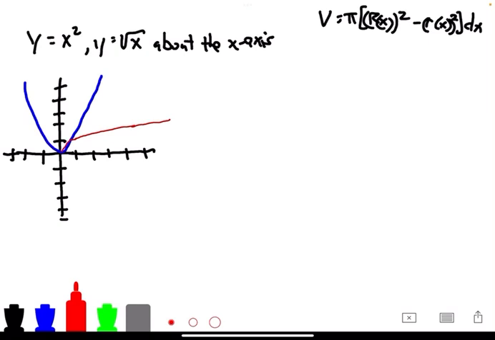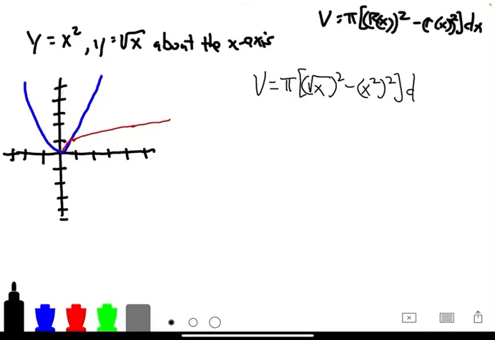All right, so now we can look, and on that interval where they meet here, this is 0, 1, we can see the outer radius is actually going to be the y is equal to the square root of x graph. So we come back over here and we say V is equal to pi times the square root of x, squared, minus